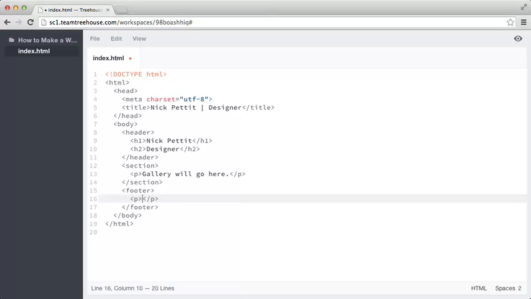And we're going to use some special code here, and I'm going to type it out, then explain it. So I'm going to type an ampersand. So I'll hit Shift and then the number 7 on my keyboard for ampersand. Then I'm going to type the word copy, followed by a semicolon. And you can see in the code completion there that Workspaces provides what that might do. So we'll talk about that in a minute. Then after my semicolon there, I'm going to type a space. I'm going to type 2014. And I'm going to type Nick Pettit